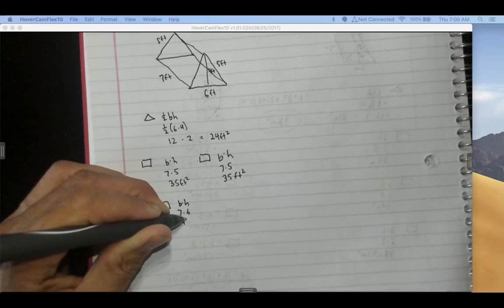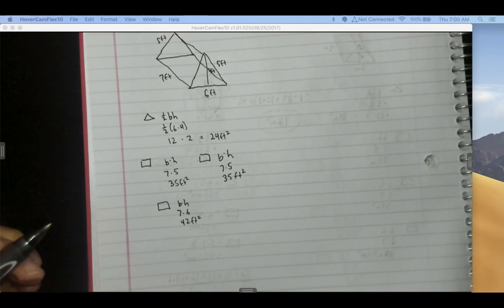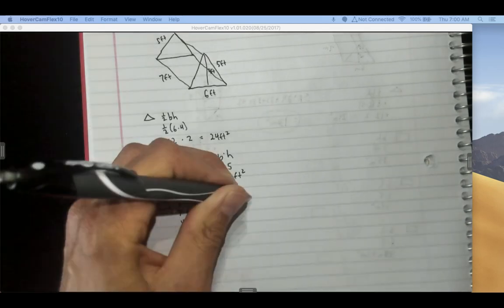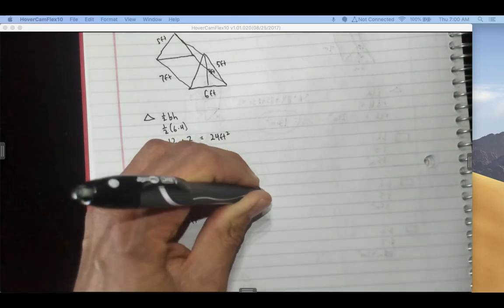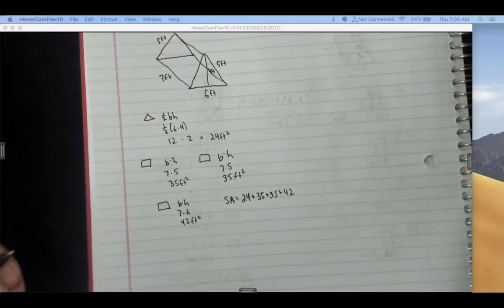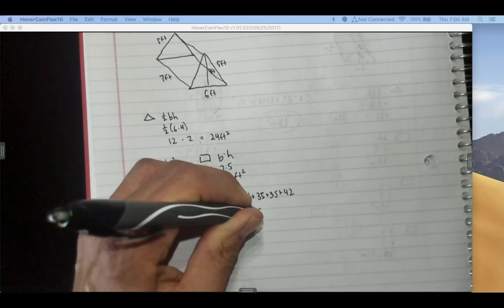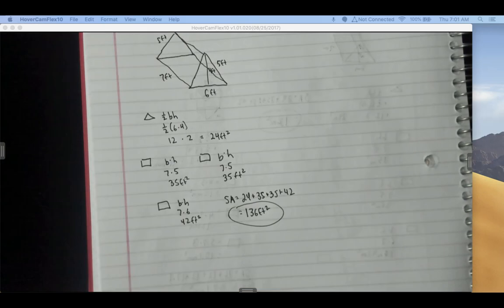And so my surface area is going to be 24 plus 35 plus 35 plus 42. And my surface area for this is going to be 136 feet squared. And so that's how much fabric I would need to make this tent. Okay. And those were your practice problems from yesterday with finding the surface area of rectangular prisms and